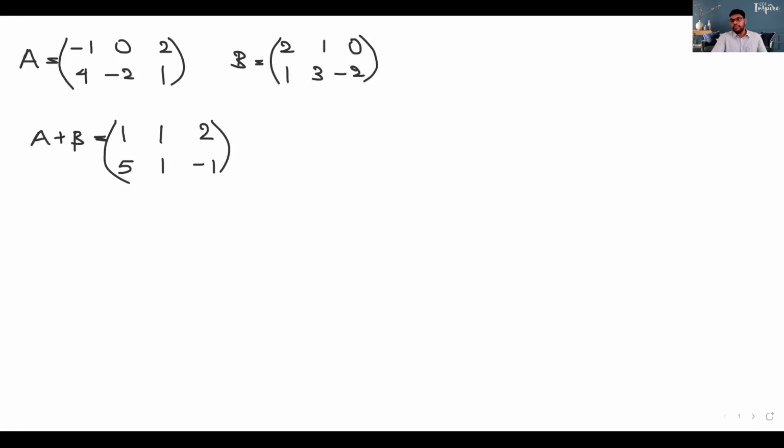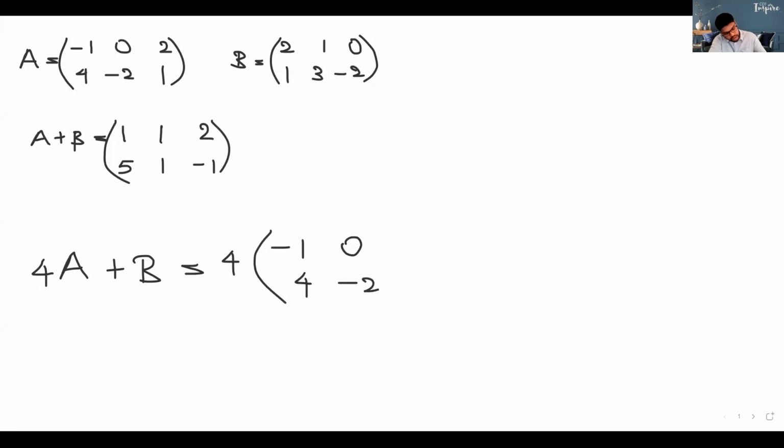Right, so the next one is 4A plus B. So children, what you have to do there is you have to multiply this first matrix by 4 and then add B. So for this one, I'll write it down. So we have -1, 4, 0, -2 plus B, which is 2, 1, 1, 3,